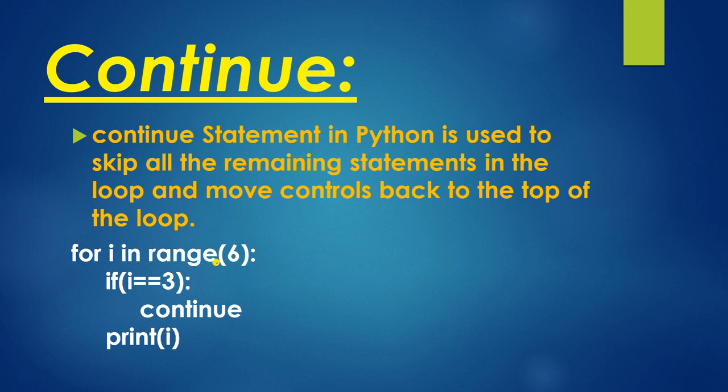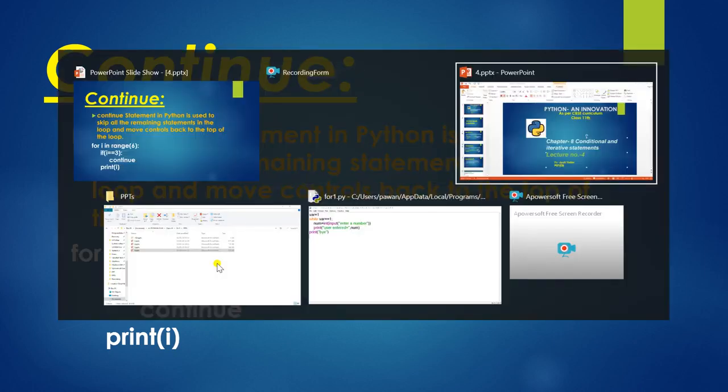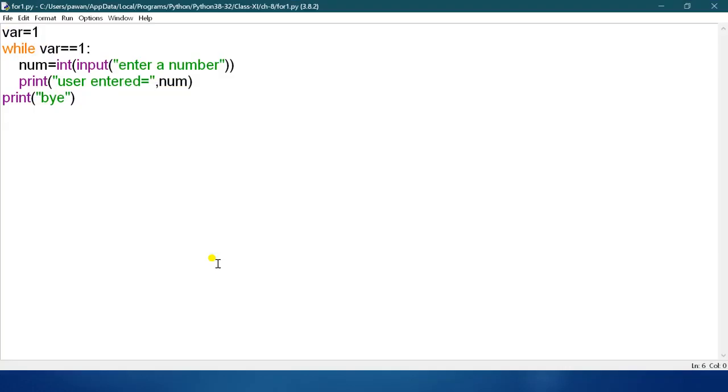So this is your continue statement. We have to run a simple program in Python using continue. For val in a variable that is a string.